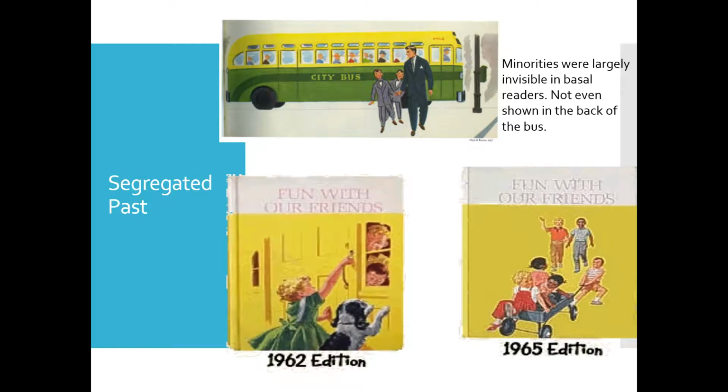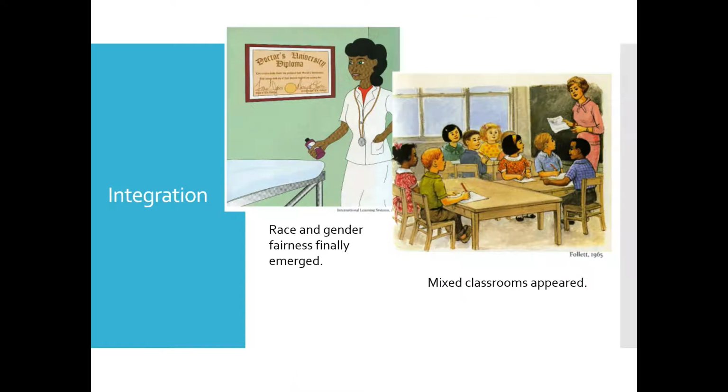After the Civil Rights Act was passed, though, things started to change a little bit, and by 1965, there was a little more diversity present in Basal readers. Integration started becoming more apparent, and mixed classrooms started to appear in some of the images within the Basal readers,